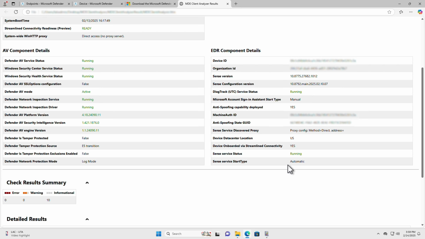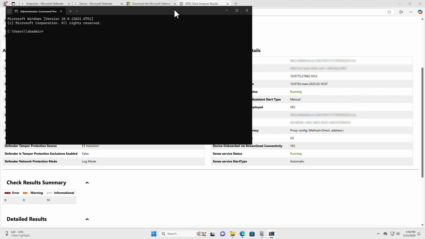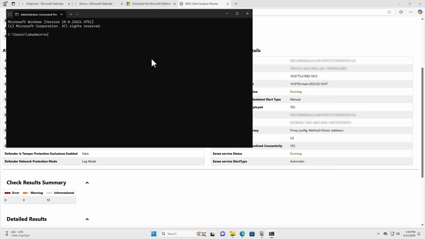Okay, cool. This is very important because maybe we ran the onboarding package, but it's not working yet. We don't see the device on the Defender portal, because the Sense service is not running. There is another way to check this as well. If I open CMD and run this, sc qc sense,